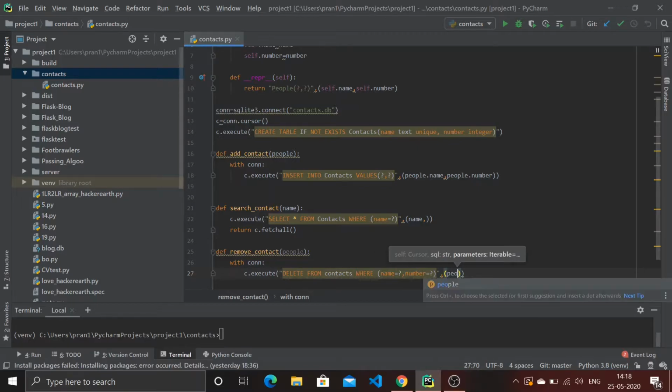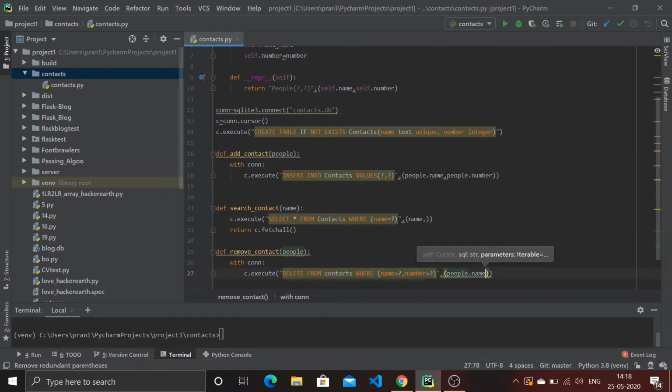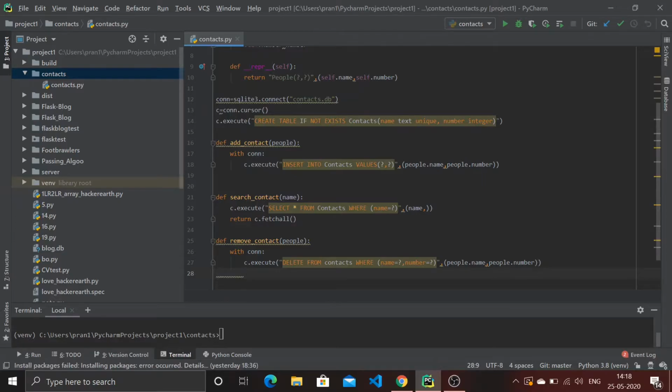For that you use people dot name and people dot number. So you have the three functions that you need for adding a contact, for searching a contact,